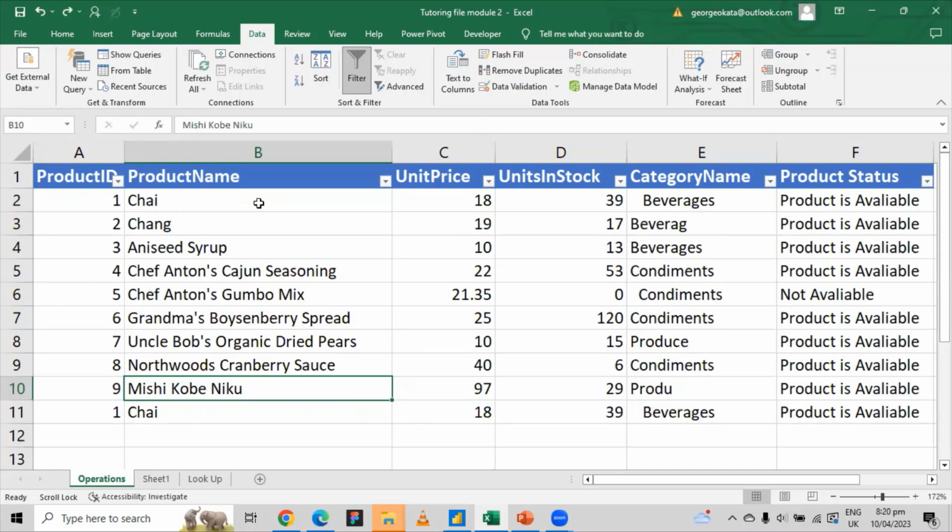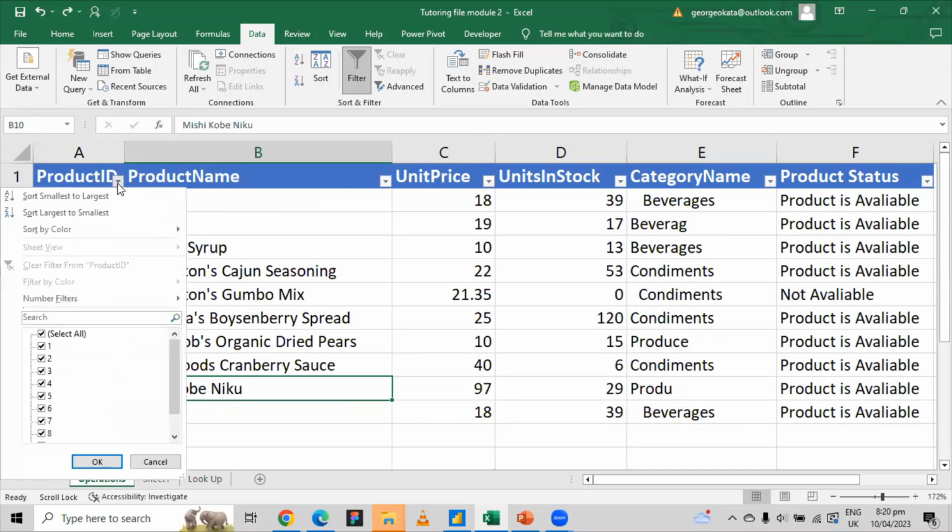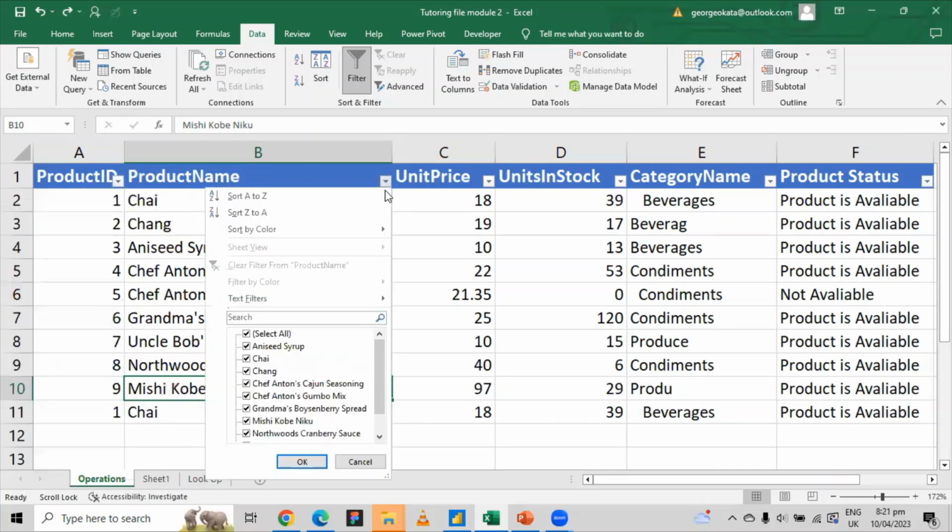Okay, now there are 2 ways to do this, but there's a faster way to do it. But I'm just going to show you how to do it the very first way. One way you can do is check here and see, okay, this is 1, 2, 3, 4, 5, 6, 7, 8, 9, and all that. And then you come here to product name, you can see that